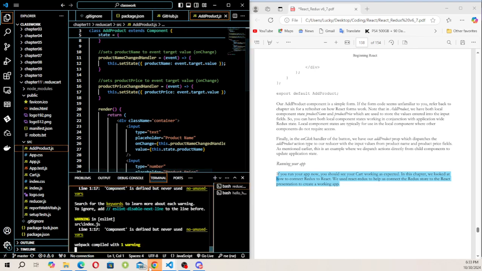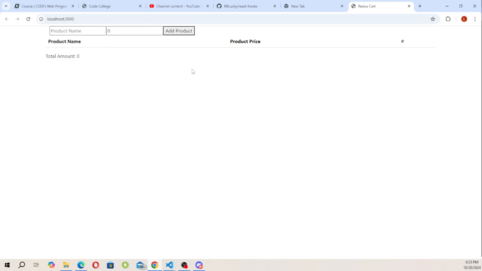So now if we open up our browser, this is what our cart looks like, right? And then we can add something. I'm going to say a node maybe, right? And then I'm going to add two of them, and then we say add product. There it is, as you can see. So that is all